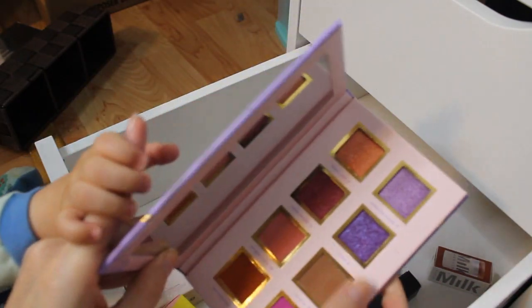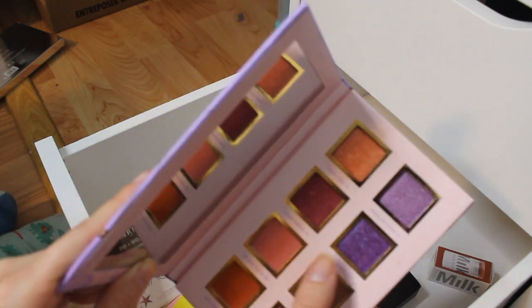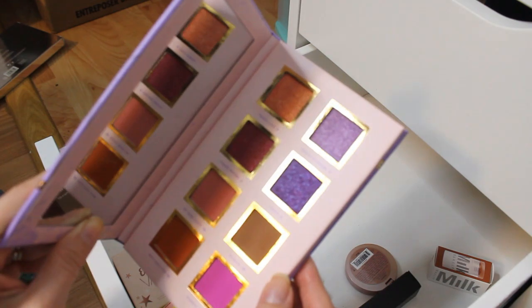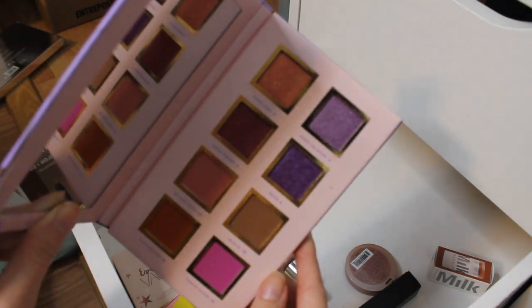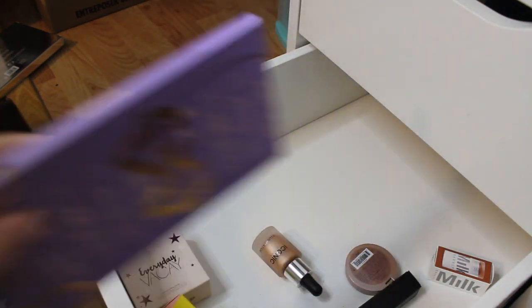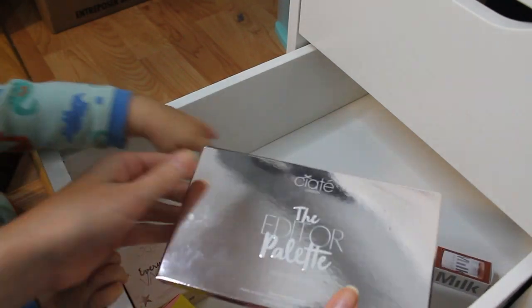These 4 shimmers are so textured and multi-dimensional. It's almost like this glittery or foiled border around them is taking away from how beautiful they are, like how the camera can pick up how beautiful they are, if that makes sense. Super stunning. And the last palette that was in here is what Emmett was trying to kill, the Ciate London